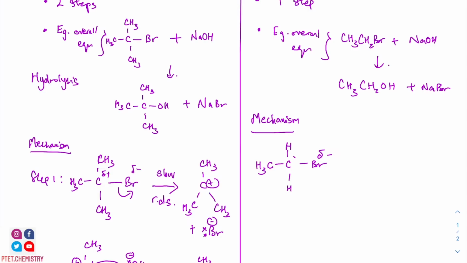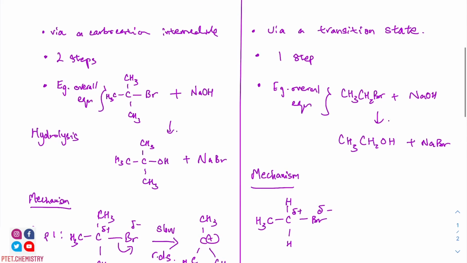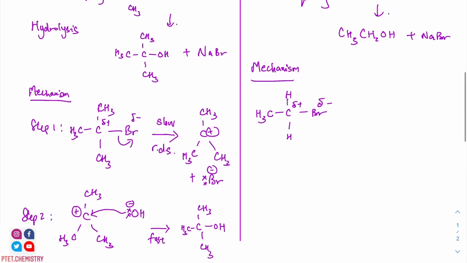The dipoles, as usual. I know it's one step and it proceeds via a transition state, which I'll talk about later on. Do you see this thing here? This is called a carbocation intermediate. I should really put a label somewhere, carbocation intermediate, but I ran out of space here. You should really write down carbocation intermediate, all right? So what happened in that one step is that the hydroxide, which is the nucleophile,